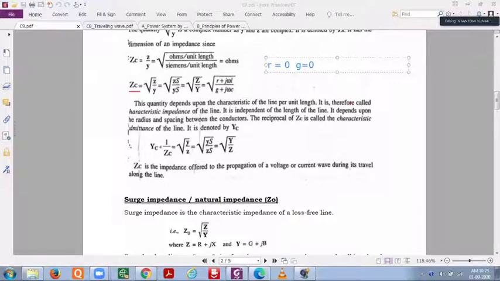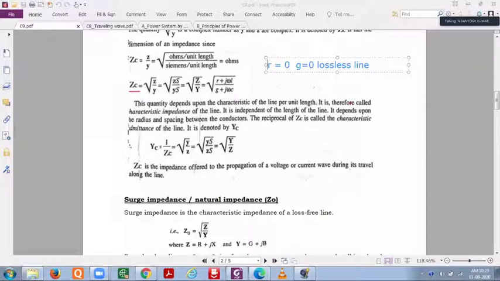Due to resistance you'll be having heat loss. As resistance is 0, there is no loss. Conductance being 0 means there is no leakage through your insulators. So what we can call this is a lossless line. These are ideal cases, not practical, because when a conductor is there, by default resistance will be there, and insulators are meant to block the path for the flow of leakage currents. We can't say this practically, so I'm just assuming this.